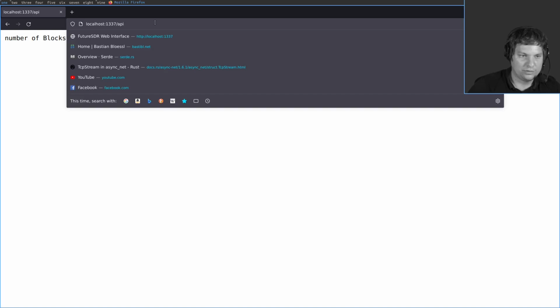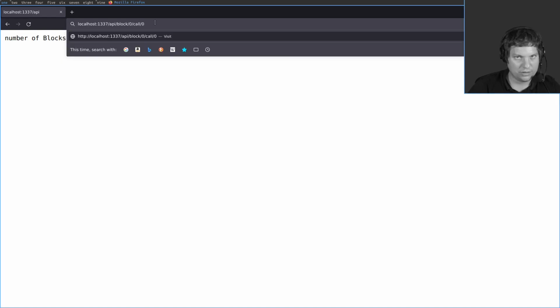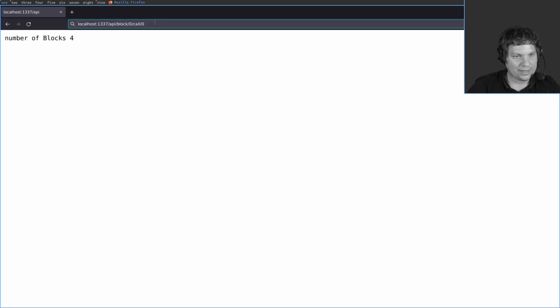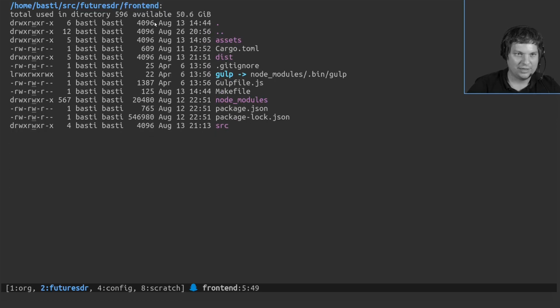And we could now do something like, what do we have? Block 0, callback 0, try to come up with a post request to this endpoint to set the frequency of the SDR, of the Soapy SDR block or whatever. But obviously that's not how I want to do it. And this is where the frontend directory here comes into play.